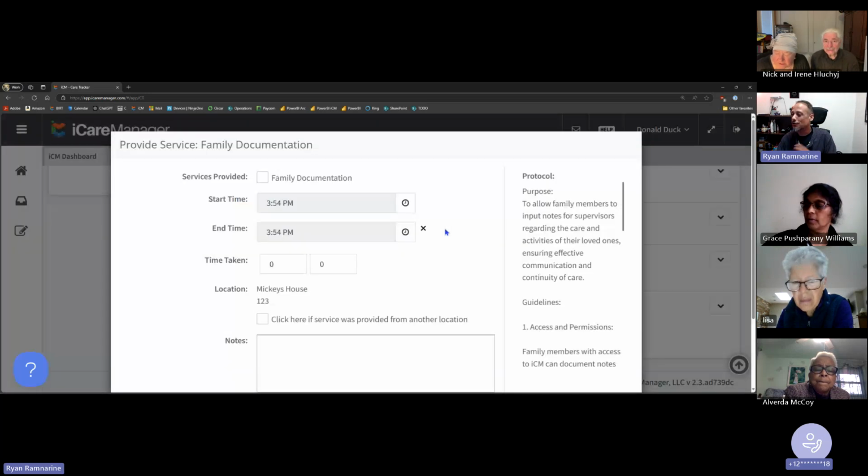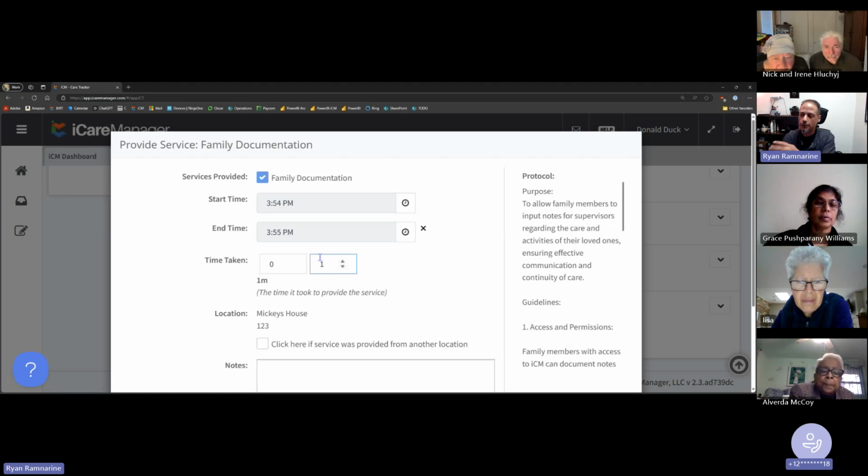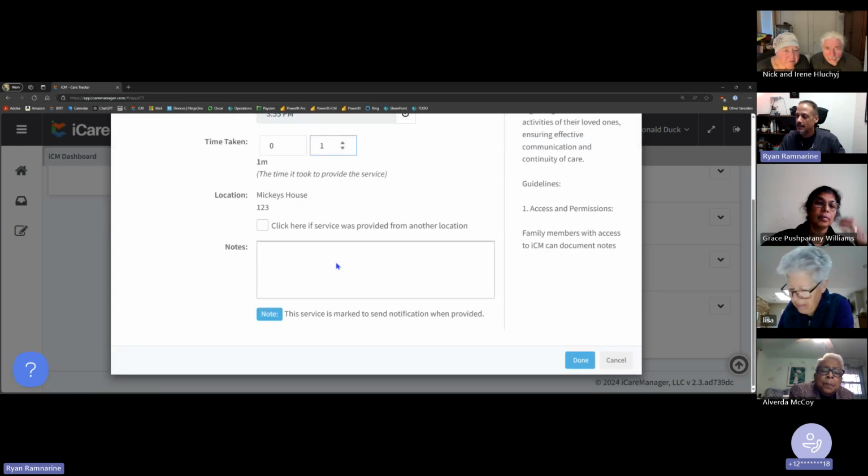I probably wouldn't recommend it because that manager will get 20 notifications from that. So once you click that, you're going to have a service provided. You're just going to select family documentation. For time taken, it does not matter for you. This is specifically for staff, but we require all staff in our agency to put in the time frame for their hours worked with that person. So for you, you can just click that one up arrow next to the minute. That's all that counts. And from there, you type in your note to the manager. So whatever you want to ask, or if you're following up on something,